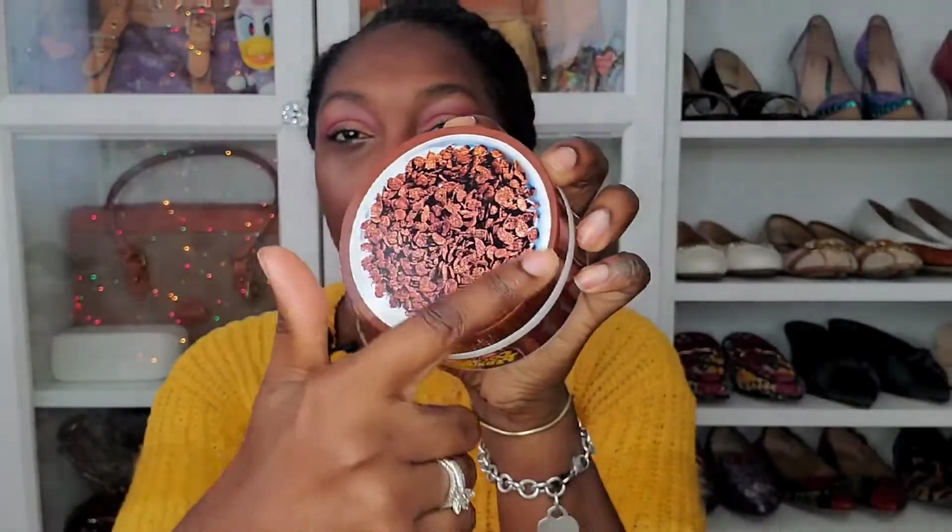It's the Cocoa Pebbles body butter. This is what it looks like. So it's kind of like mirrored by the Cocoa Pebbles cereal, the cocoa cereal. And it looks just like this. It smells just like cocoa, literally. Chocolate, okay? And it really smells a lot like the cereal too, but it's more like just a chocolate. So if you want to smell like chocolate and you just so happen to go to your TJ Maxx, look for this,